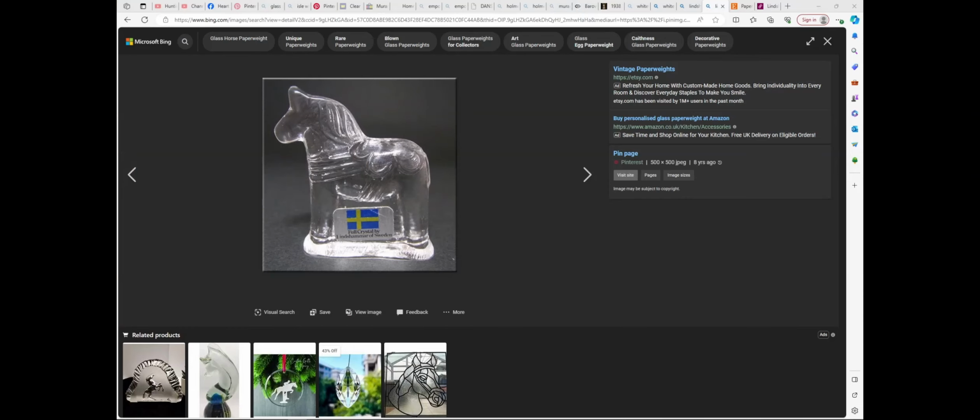So the Lindshammer horse that we saw in 15 Collingwood had a little stamp on it, or a little medallion kind of thing on it. It was dated to 1985. So a lot of the people online are saying it's from the 1960s. Now, looking at this one here, the label looks to be like a paper label. The harness is a bit different. So the one that we were looking at had little round dials on it, and this one's just got straight lines. And then if I go back a page,